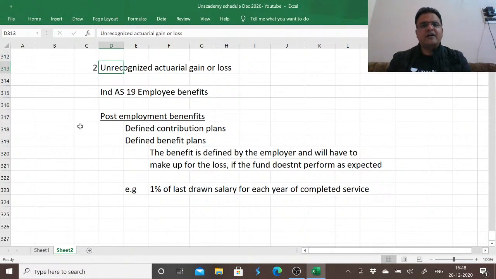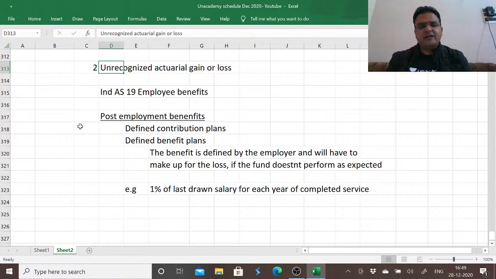This difference is known as unrecognized actuarial gain or loss. Can we hold the management responsible for this gain or loss, or give credit for any gain on unrecognized actuarial gain or loss? I think it will not make any sense if we give them credit or even if we blame them for any losses. So the best way to present unrecognized actuarial gain or loss is to present them as part of OCI,